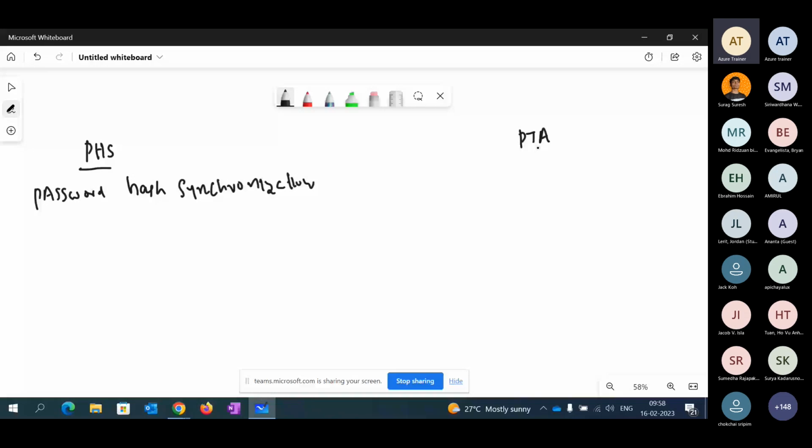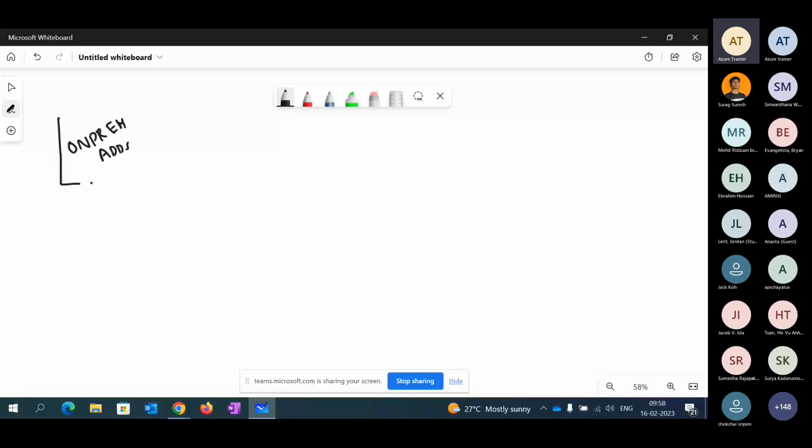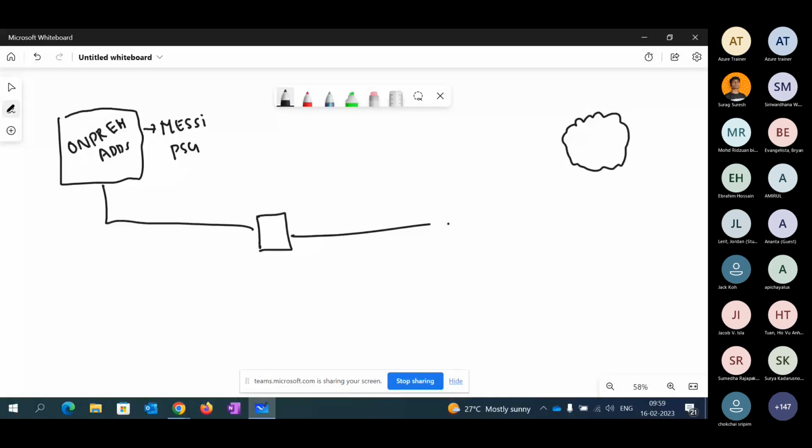Now, let's see what is the main difference for password hash synchronization. For example, I have a user available on premises. Let's take as an example on-premises ADDS. You have a user created. I'm just giving a user account called Messi. The password given is PSG. Now this user has been synchronized with the cloud. The moment AD Connect is used, with the help of AD Connect, this has been synchronized with